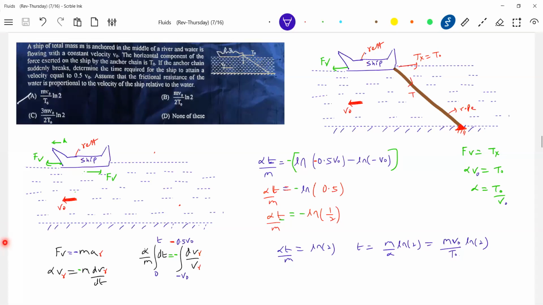We can do it in the ground frame also. You can do it, but for the viscous drag, you should substitute the relative velocity. I can write velocity of ship with respect to ground minus velocity of water with respect to ground. See, either way, but this you can directly enter in and work out, no? Any method.